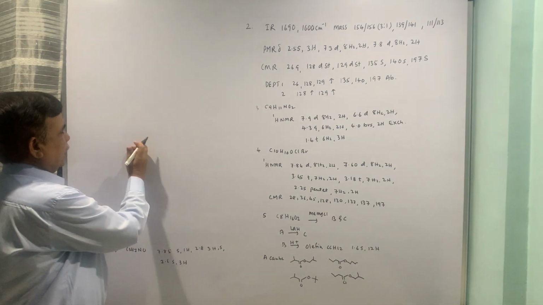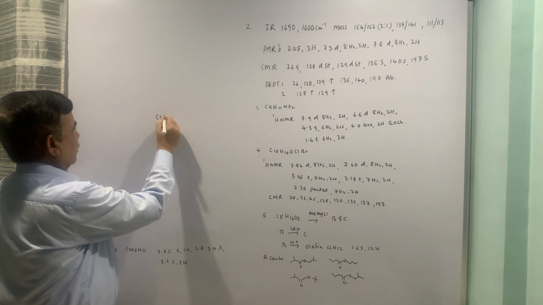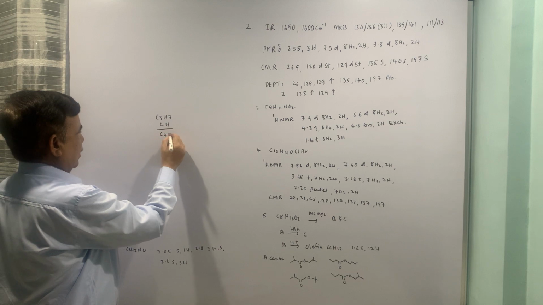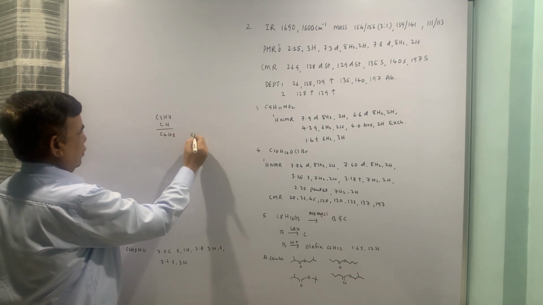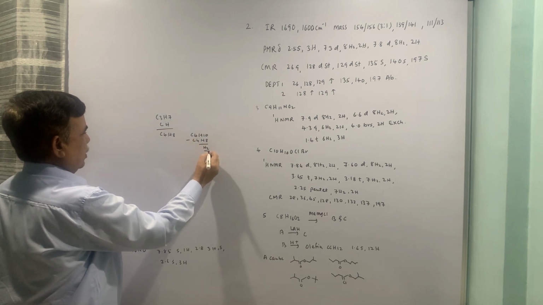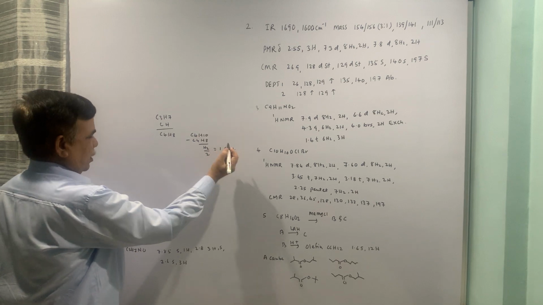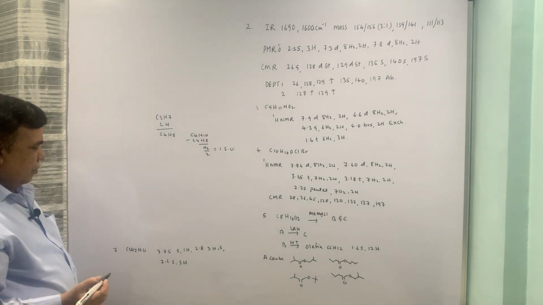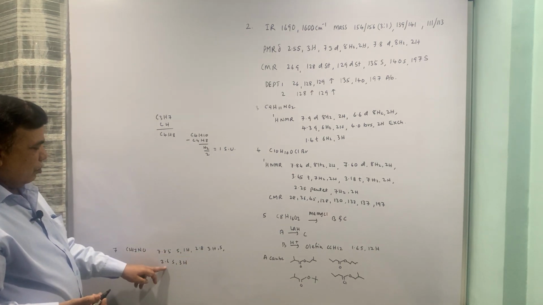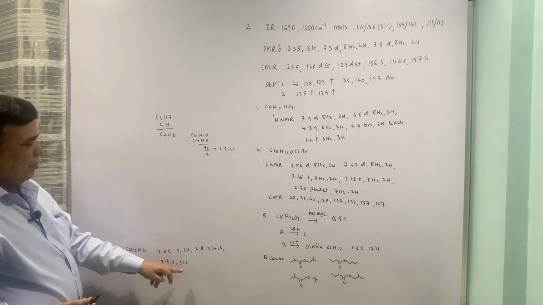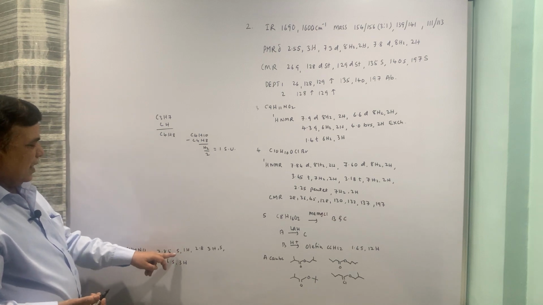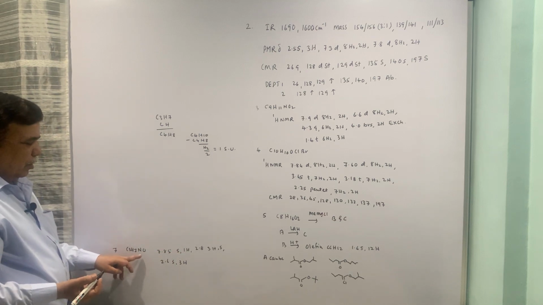C3H7NO. So C3H7NO, if I write C4H10 minus C4H8, 2 hydrogens are missing, 1 site of unsaturation, that is there. Okay. Now the data, 2.8 3 proton singlet, that is methyl, 2.6 singlet 3 protons. So 2 methyls are there and 1 proton is giving singlet, probably the NH proton or OH proton.